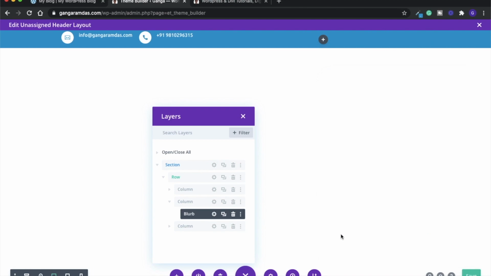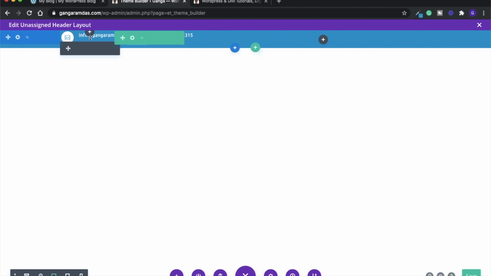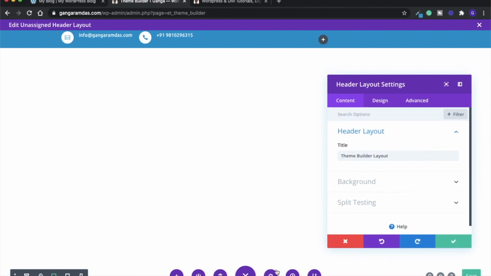This one is perfect, and I would be adding one CSS code for this, because as you can see the text and the icon is not centrally aligned, meaning you can see the text is moving upward. So right now in Divi you do not have an option to give the spacing between the text from the upper side and from the bottom side. So in order to achieve that, what we will do is we will add a CSS code to